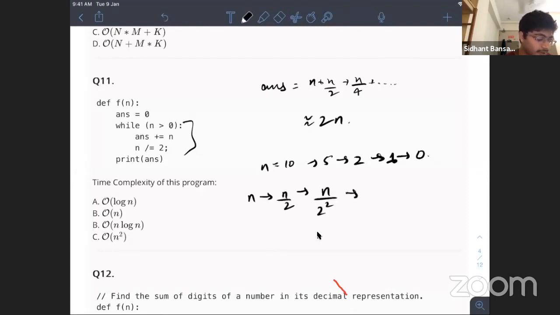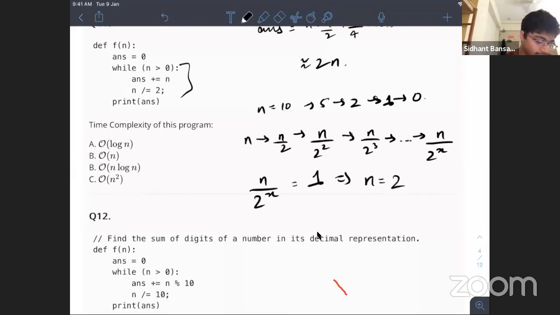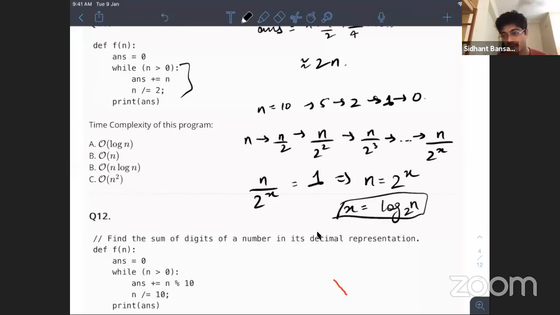After the third iteration, it becomes n by 2 to the cube. Generically speaking, after the xth iteration, it will become n by 2 to the x, right? So when does n by 2 to the x hit 1? You want to solve this equation, basically. And this comes out to be n is equal to 2 to the x. Then you take log both sides. So x is equal to log n base 2. So obviously, intuitively, you can easily think